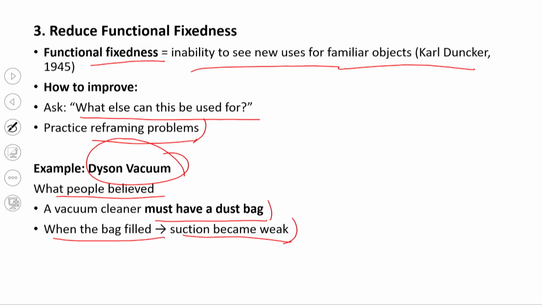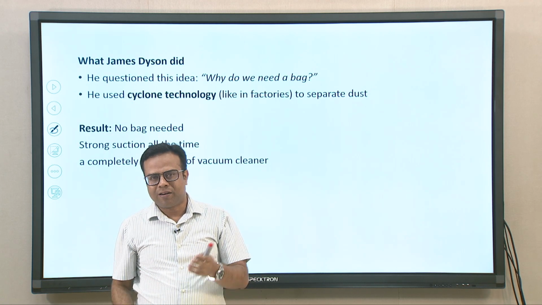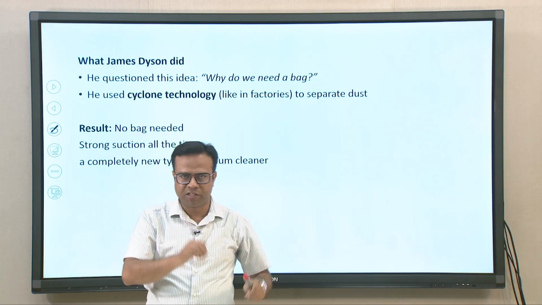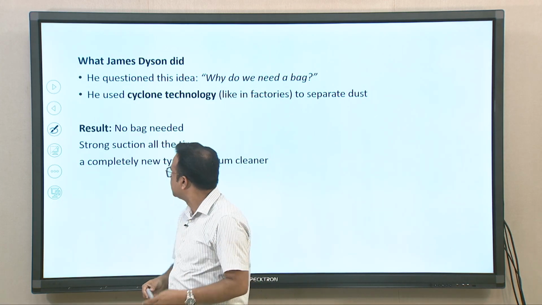So, that was the problem. People were only thinking of how to make a better bag and bigger bag and so on. So, that is an example of functional fixedness. People are only thinking, the bag is the problem, let us make it better, let us make it bigger and so on. What Dyson did, who developed this Dyson company and particularly this Dyson vacuum cleaner, he questioned